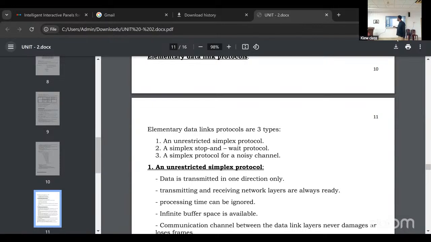Same here, in static allocation we divide the channel among N users. N means the number of users, and the channel is divided into N equal sizes. Just like the 6 apples and 6 members, we need to divide it equally: 3 apples, each gets half. Like that, we divide among N users in equal sizes.